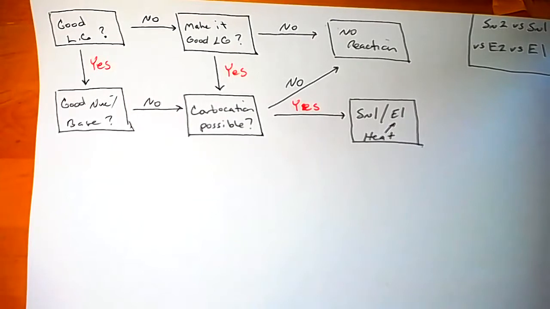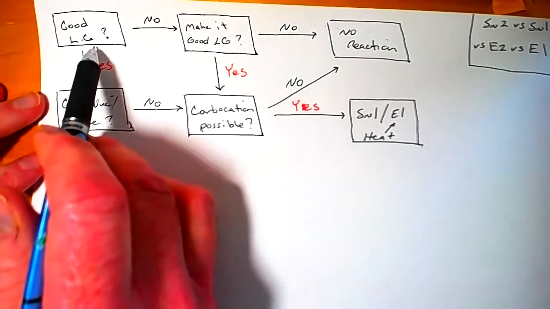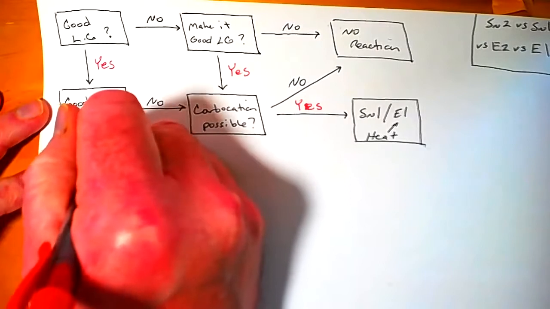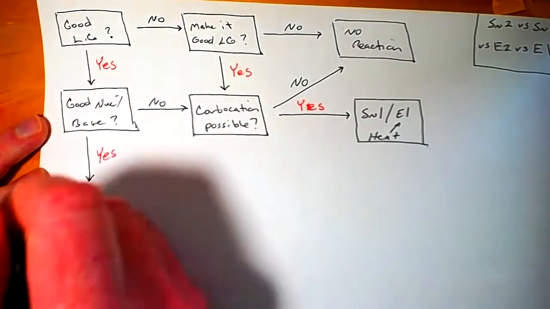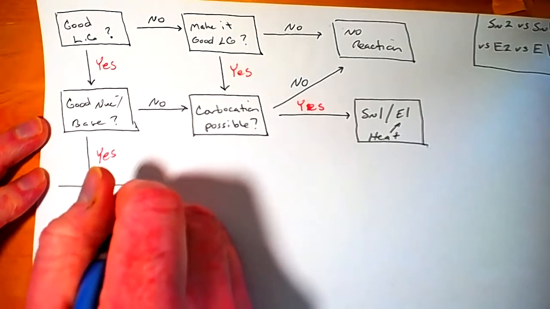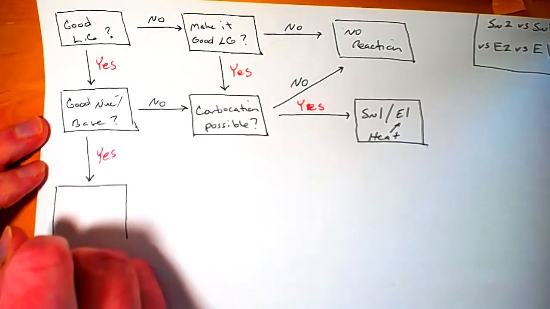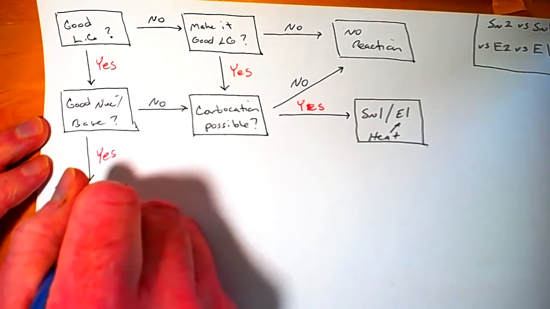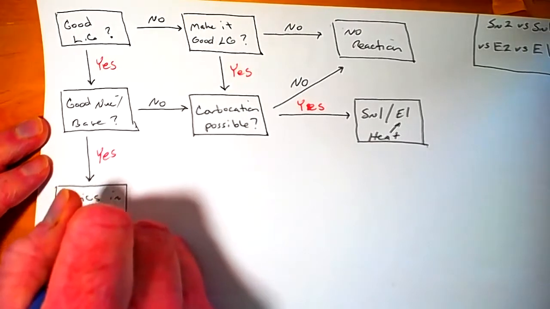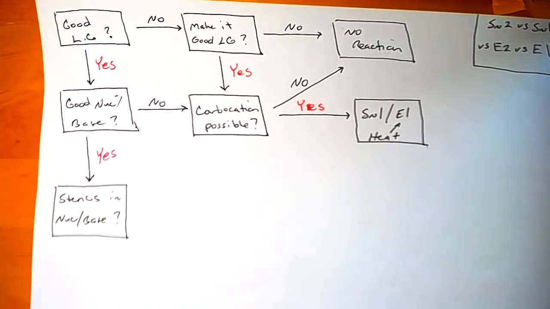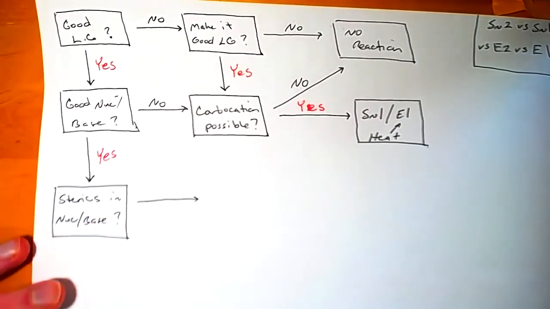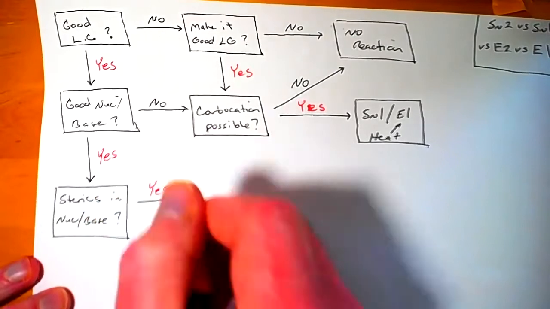Now, if we back up to this point and say, okay, I had a good leaving group, yes, but I also have a good nucleophile and a good strong base, then the next question I'm going to ask about that system is, are there sterics in the nucleophile or base? Well, if the answer to that is yes, there are sterics in the system,